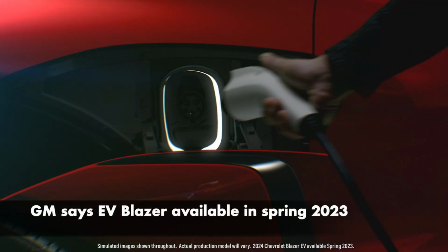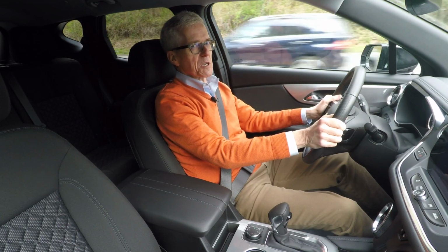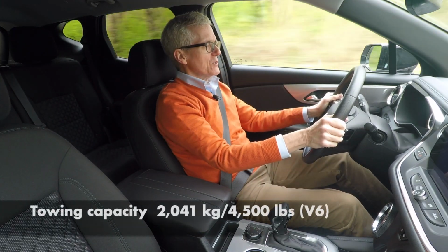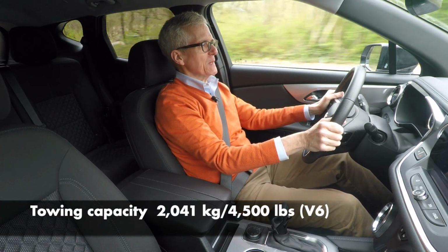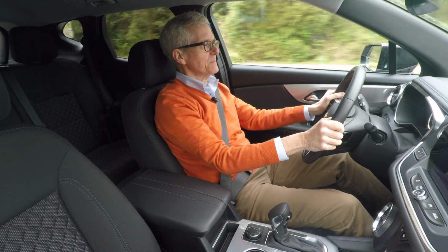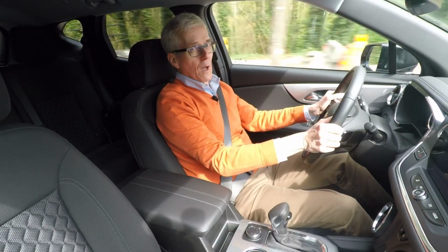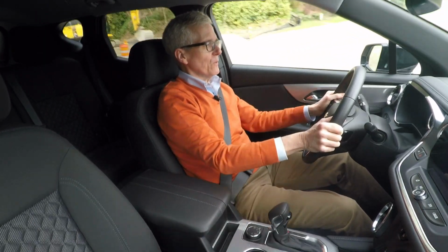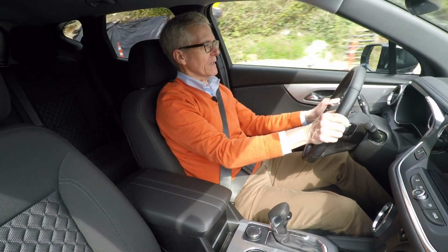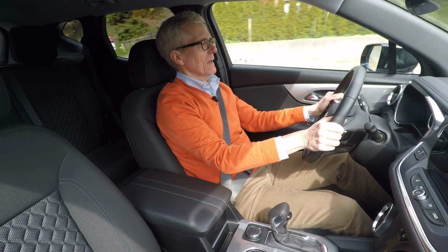We might be driving what is one day considered to be a quaint and old-fashioned V6. But again, the theme is smoothness, wind it up and go. And it just couples perfectly with the 9-speed transmission as well as the really nicely tuned suspension. The handling is good, and surprisingly so for a fairly large vehicle. The ride of the Blazer is really smooth. We're going over a fairly long stretch of heavily patched road here that's being worked on by city crews. And yeah, you can...